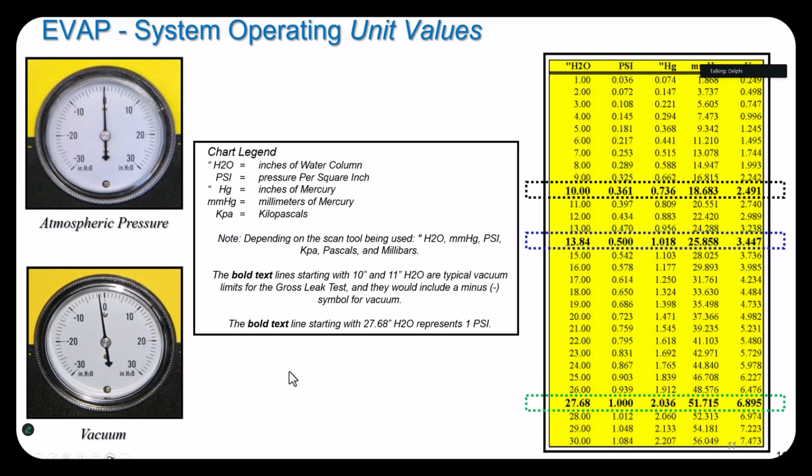Okay, here's a chart that I've used before and use all the time, just to give you an idea when you're working with EVAP. There are different names, different terminologies. This will give you an idea what you're working with when you're looking at your fuel tank pressure sensor on your scan tool, or you have a pressure gauge hooked up like this, a compound gauge that will read vacuum and will read pressure. If you notice this compound gauge is reading 0, that means we're at atmospheric pressure. The bottom one we're going to use in the next class when we test the Honda with the engine off